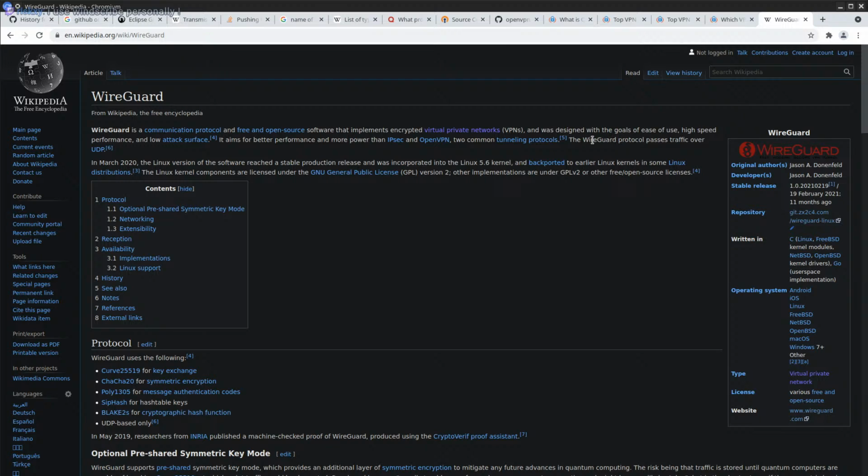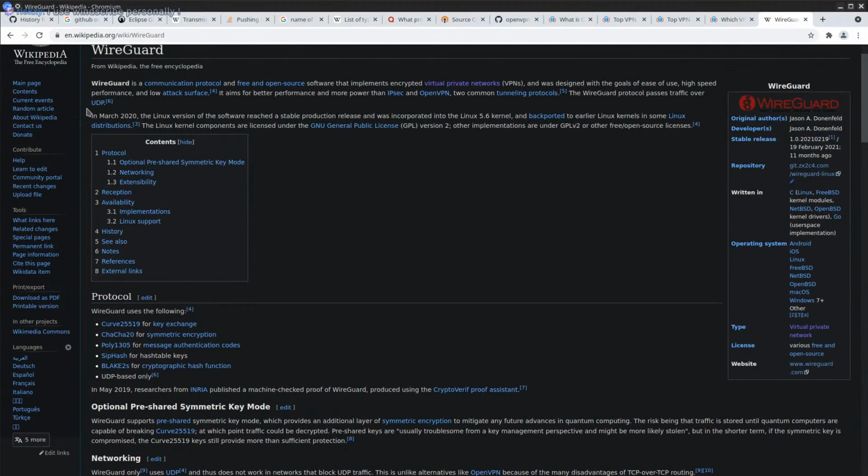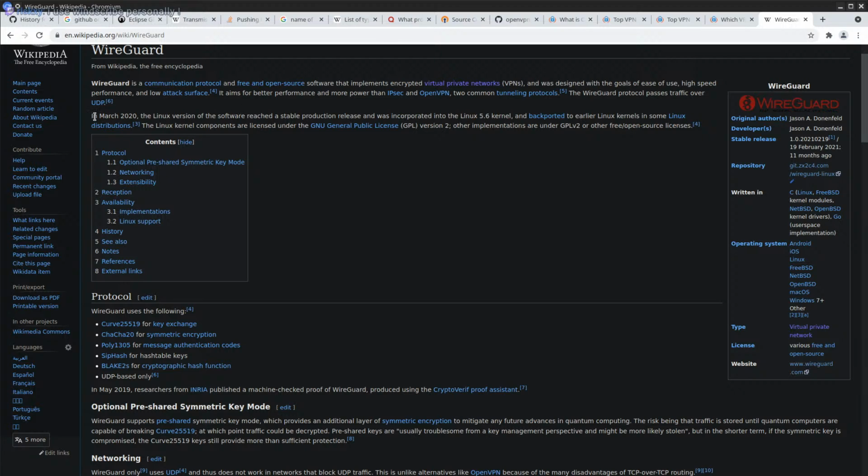The WireGuard protocol passes traffic over UDP. Okay. It's user datagram protocol. Oh, I guess it doesn't really matter.